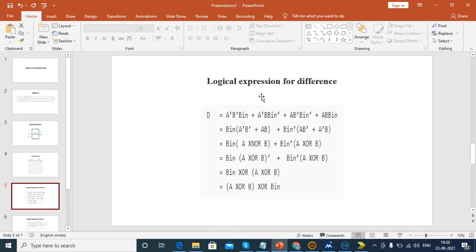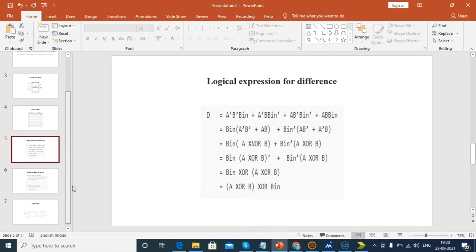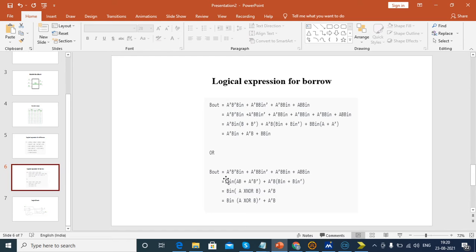Okay, this is the logical expression for difference. So D equal to A XOR B XOR B in is the logical expression. For borrow, it is B in and A XOR B, or not A and B. Okay, so this is the expression. Now we check this with